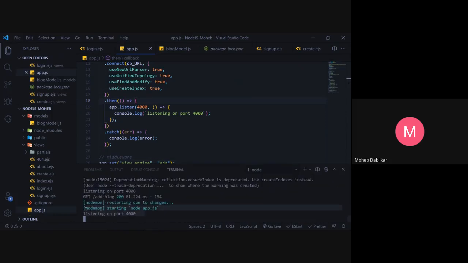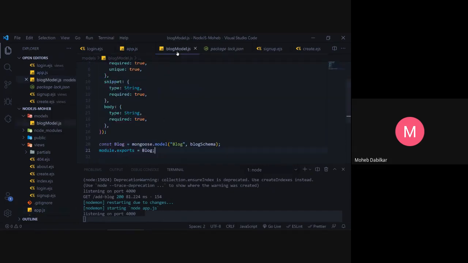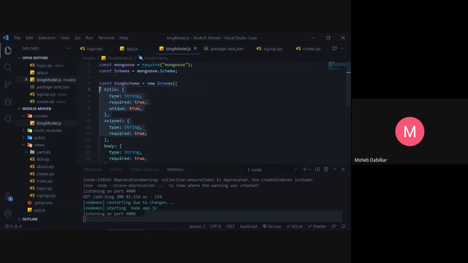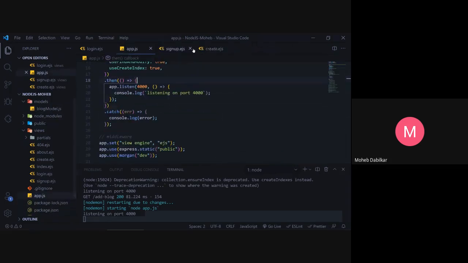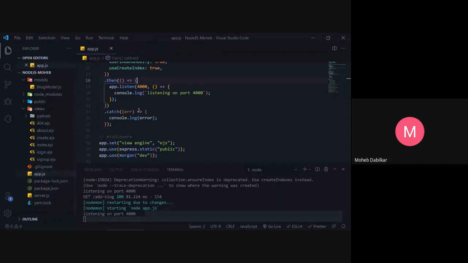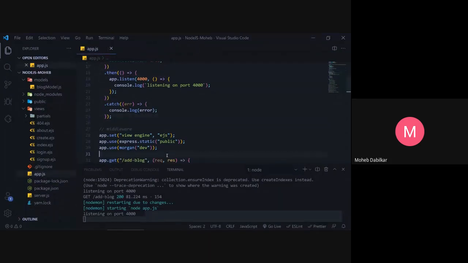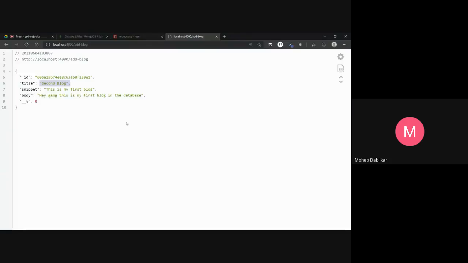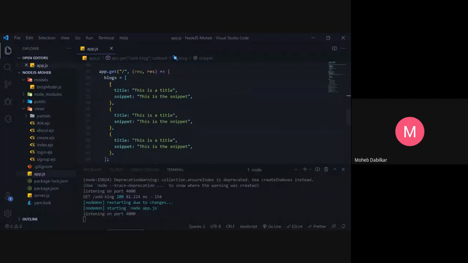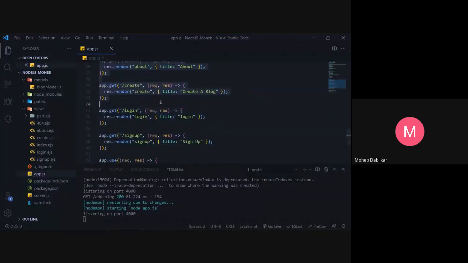First, what I want to show you guys is how to do our basic adding of the blog model and our CRUD operations. So let's forget about this for now, and tomorrow we can talk about handling the routes and handling errors. Okay, so this is how you add your blog.